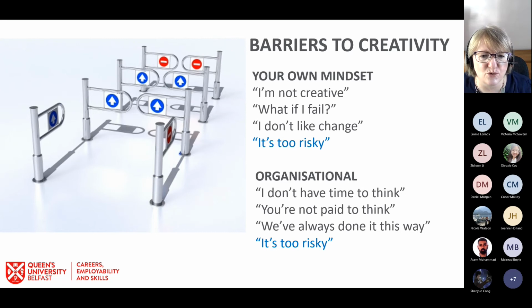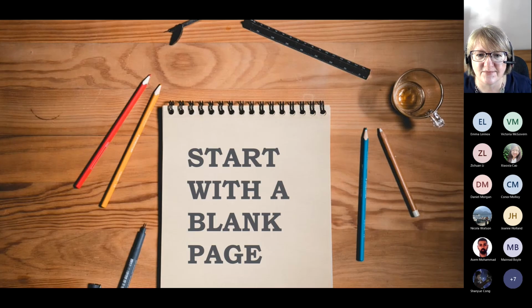And obviously, of course, in this past academic year and slightly beyond, it's been a very good example of how sometimes we do have to reinvent the wheel and do things differently. But the barriers there in terms of limiting our own creativity can be, as I said, from your own thinking and also from environmental factors, the different sort of environment that you might be in. So how do we start then to open ourselves up again to being creative and thinking creatively?